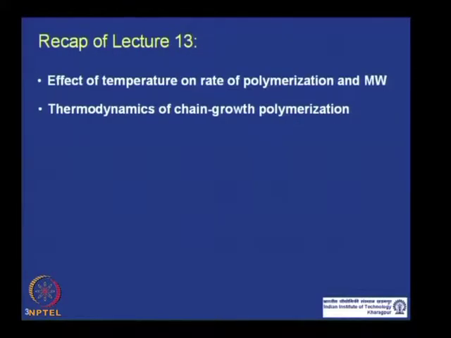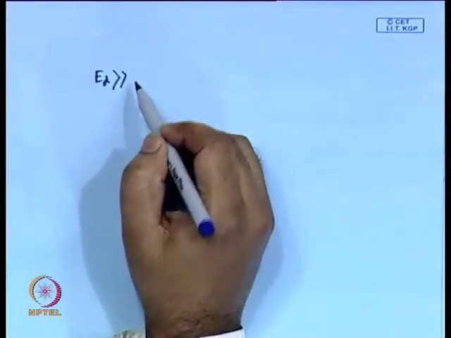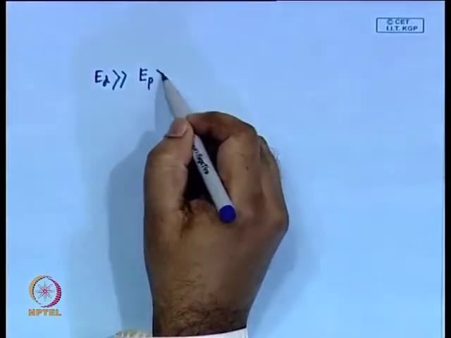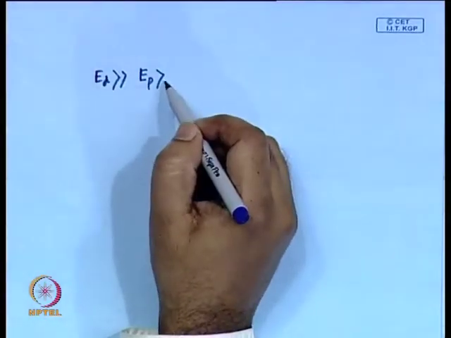Let us just recap, for a couple of minutes, the topics we covered in the last lecture. We talked about the dependence of the rate of polymerization and molecular weight on temperature for radical polymerization initiated by different mechanisms: thermal initiator, photochemical initiator and redox initiator. In summary, we knew that the initiation process is the slowest and had the highest activation energy for